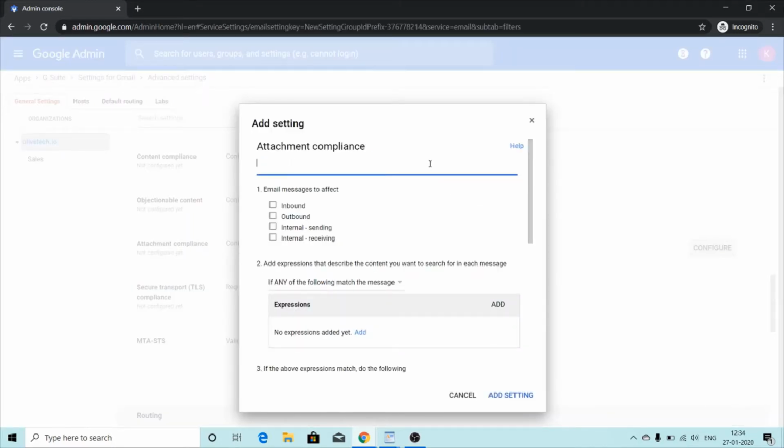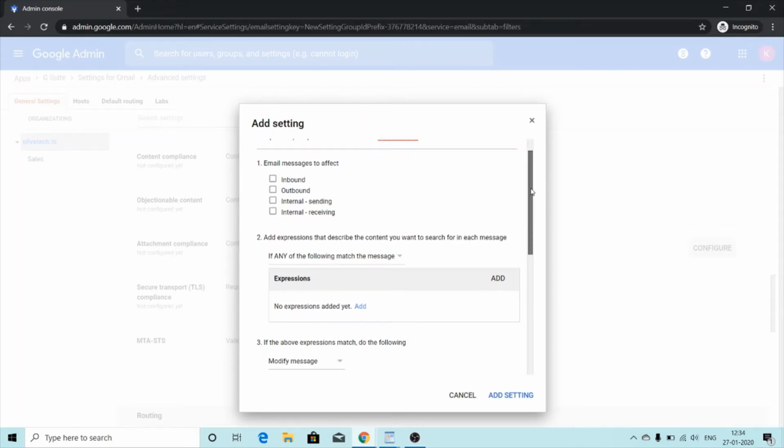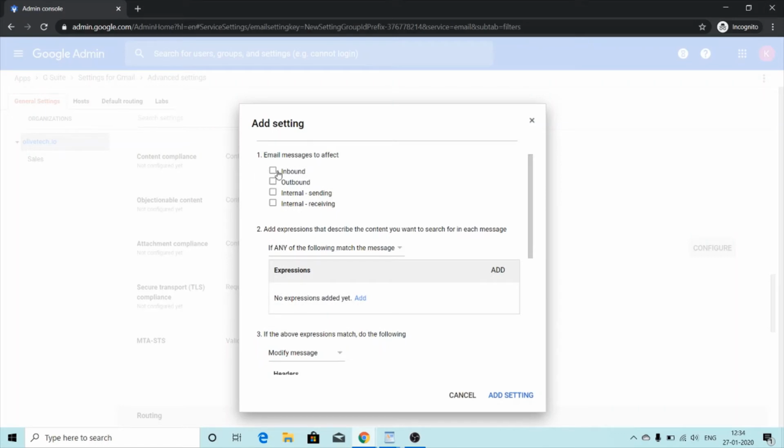We'll give a short description for the rule. Let's say compliance policy to remove multimedia attachments. There we go. And then the email messages to affect. So I want, for me in this case, will be inbound messages. I don't want any inbound messages in my organization that contains multimedia